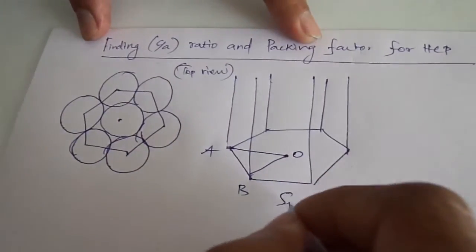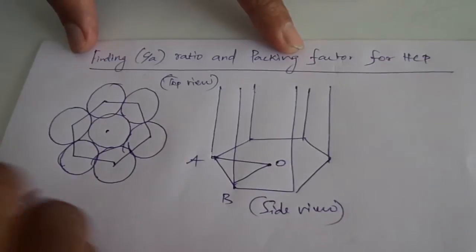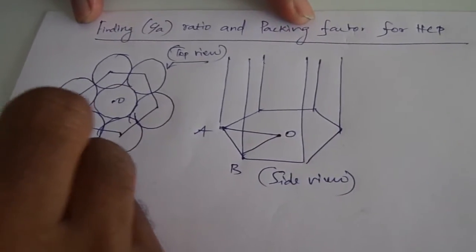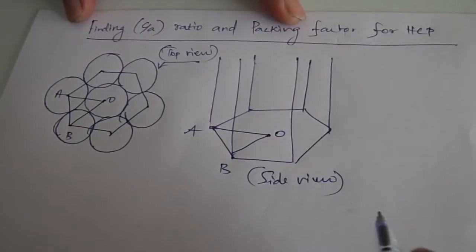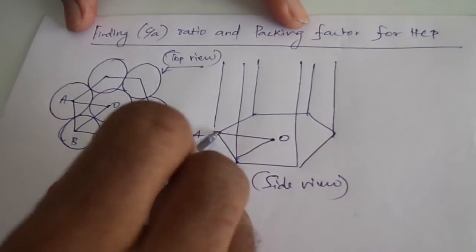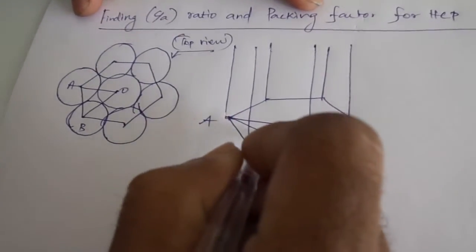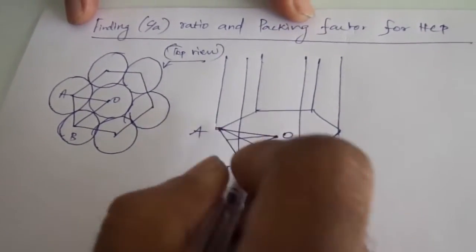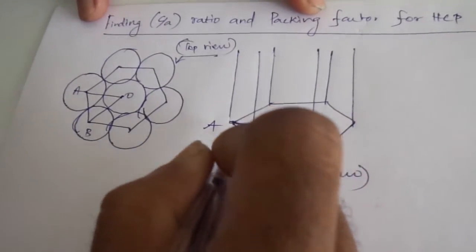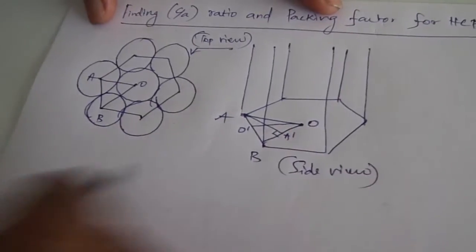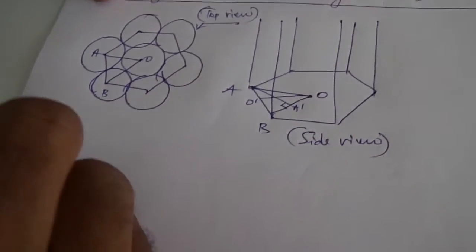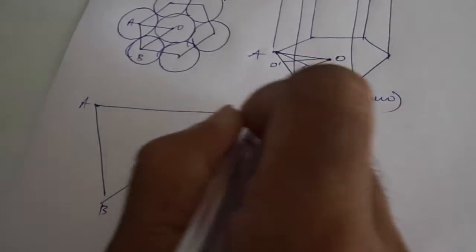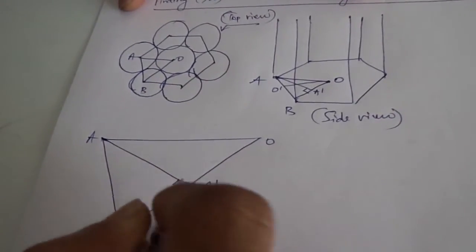The same side view, this is the side view, this is the top view. Point O is here, and point A is here, and point B is here. Okay, fine. Now creating a normal from the point A towards this BO line, and similarly another normal from O to AB. So these normals drawn are A dash and say O dash. Now these points A, B, O and other things are separately drawn here. Say this is A and this is B and this is O, this is A dash and this is O dash,